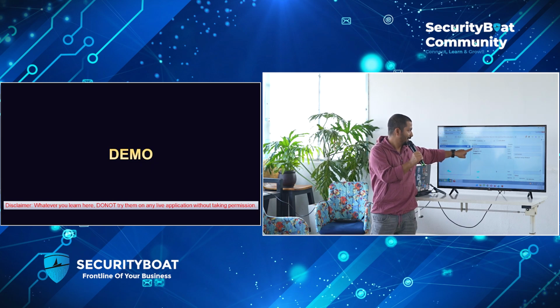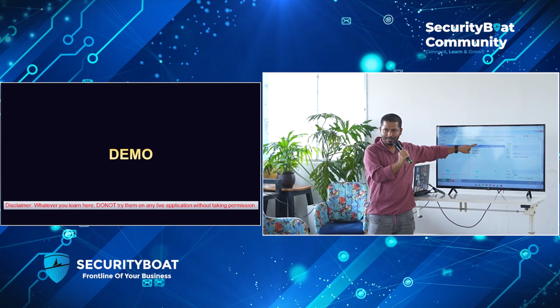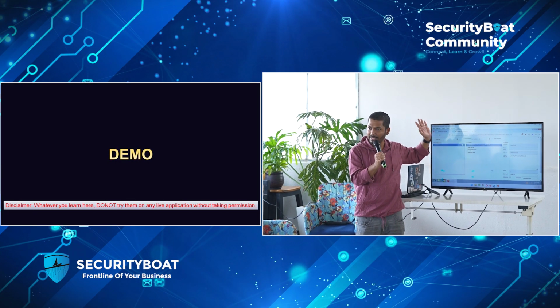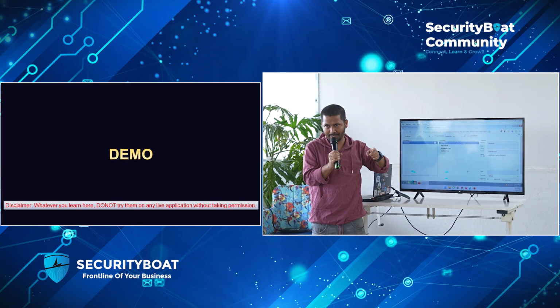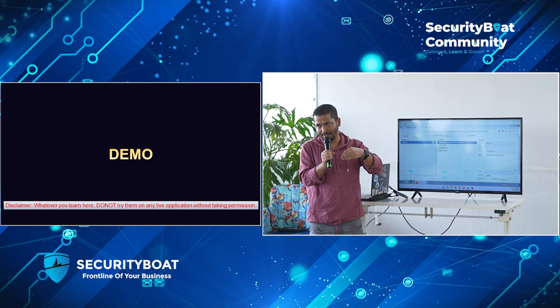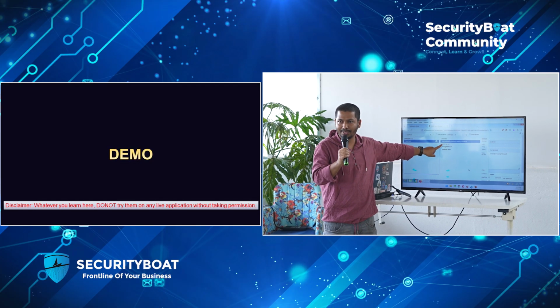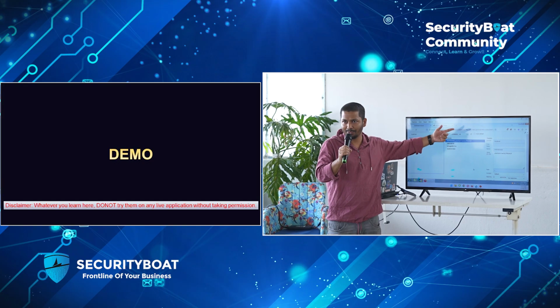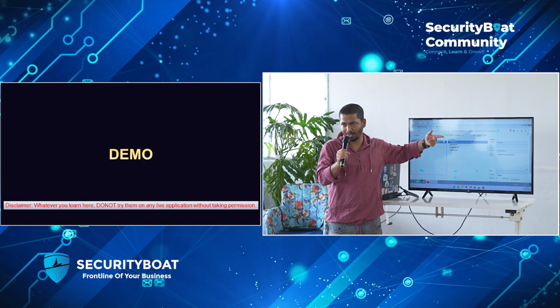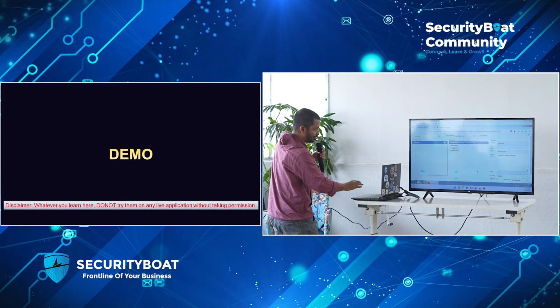Now, we can try changing the session ID, as we discussed, to someone else's session ID. That is one scenario. Another easy scenario is changing the username. Try to change the username to someone else and see if we are able to log into that account. So we will try that.